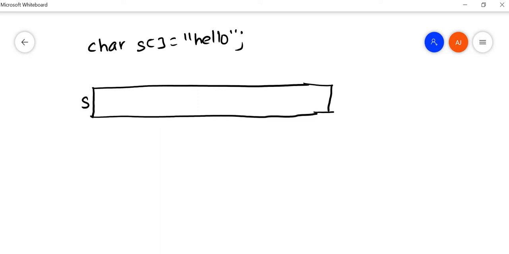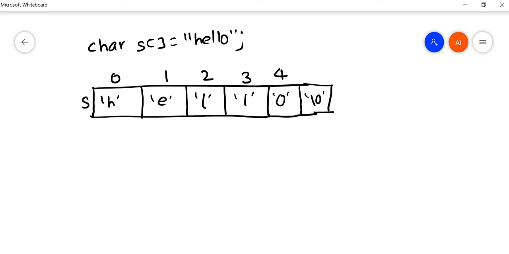Let us say this is string s: h, e, l, l, o, and finally it will be terminated by the \0 symbol. So we have to count each and every character until we reach the \0 symbol to calculate the length of a string. Let us say it will be indexed from 0, 1, 2, 3, 4 and 5.